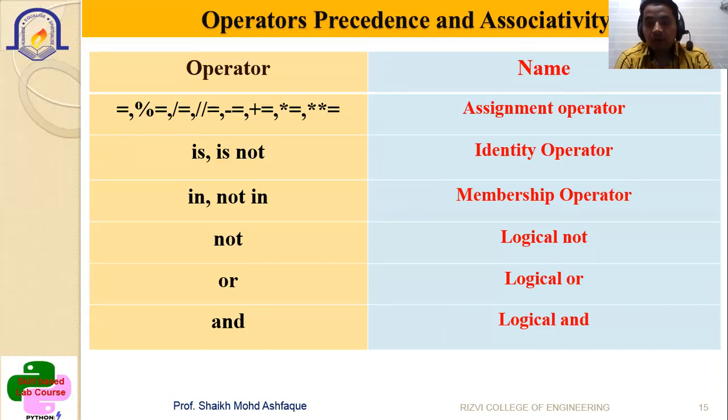Similarly, each and every operator also has associativity. You have to refer to it in the book. What is associativity? If operators of equal precedence occur in the same expression, then how it will be executed is decided by your rules of associativity. That you have seen, it may go from left to right, it may go from right to left. So that is your rules of associativity. If operators of equal precedence occur in the same expression, then it follows the rule of associativity for the execution. So you have to refer to these rules of associativity.